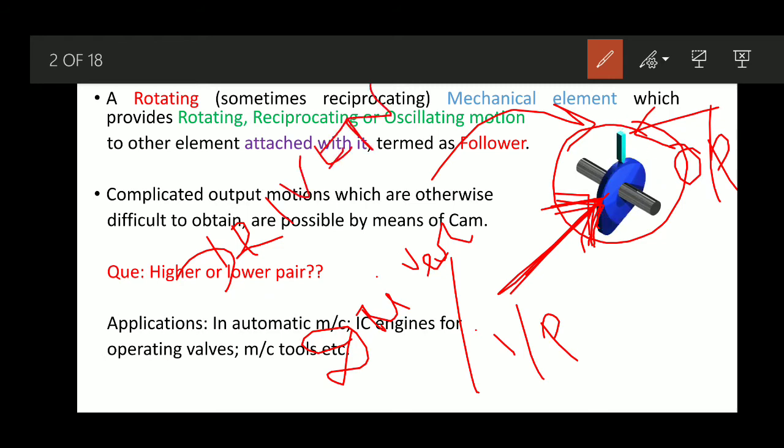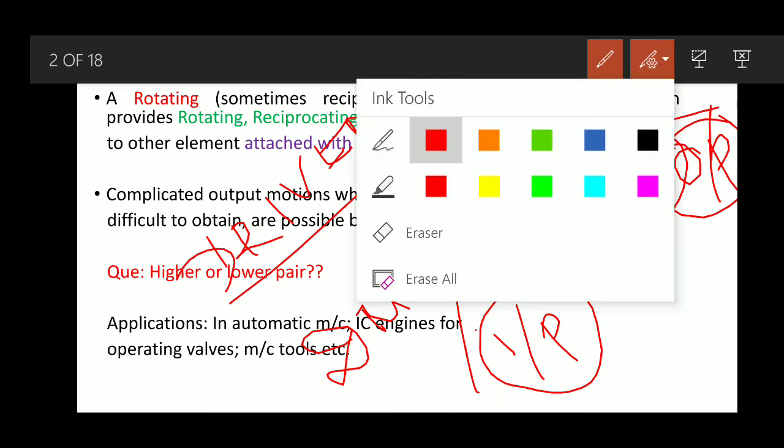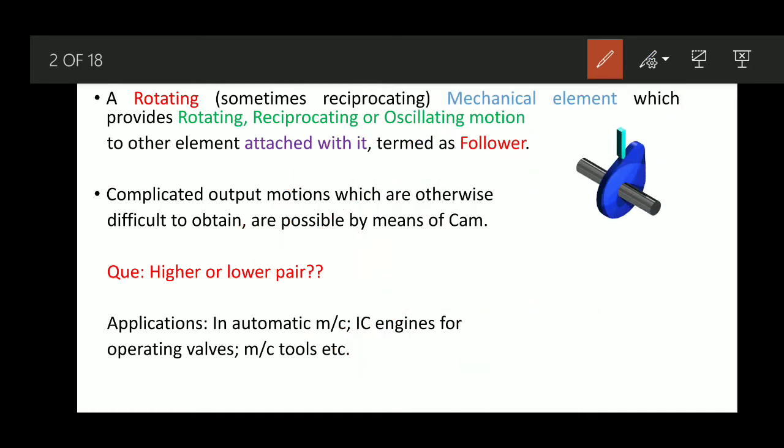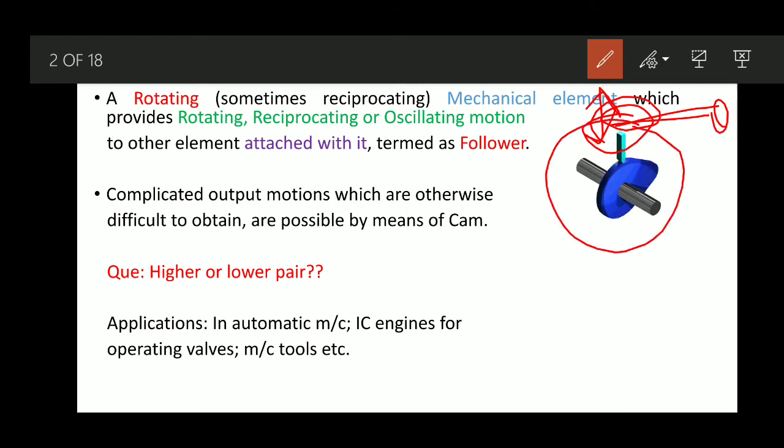Basically we don't use the words driver and driven, but it works like this. The input motion is given to the cam, and we get the output on the follower. Wherever we require this kind of reciprocating motion in any other part of a mechanism, we can connect this follower to another element, and that part will be operated with the help of this cam and follower mechanism, where we can design the cam as per our requirement,